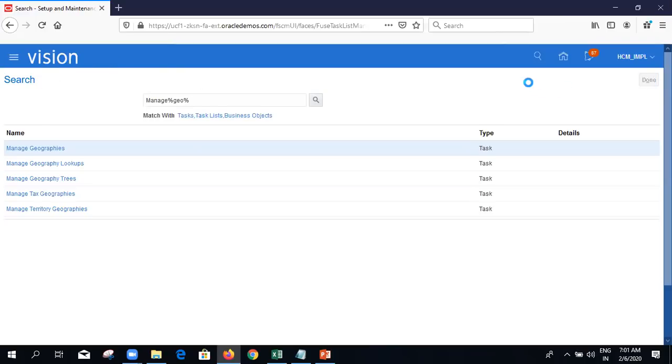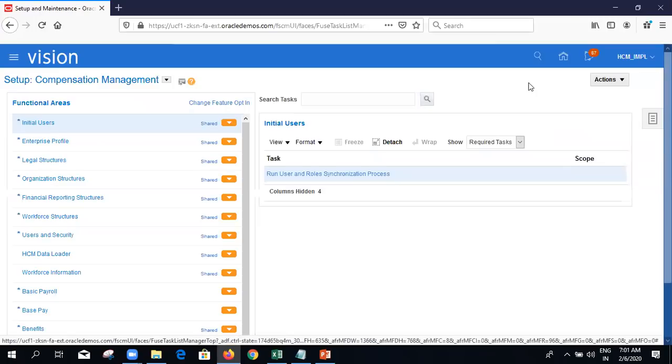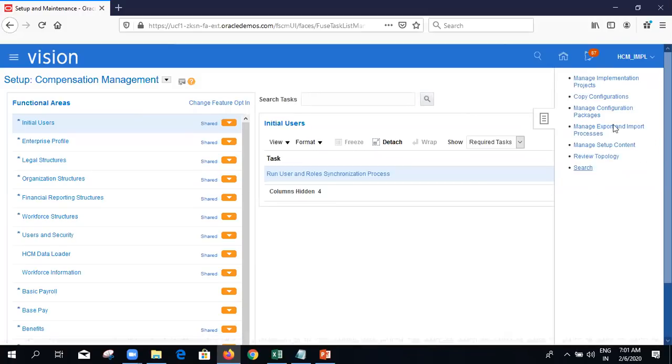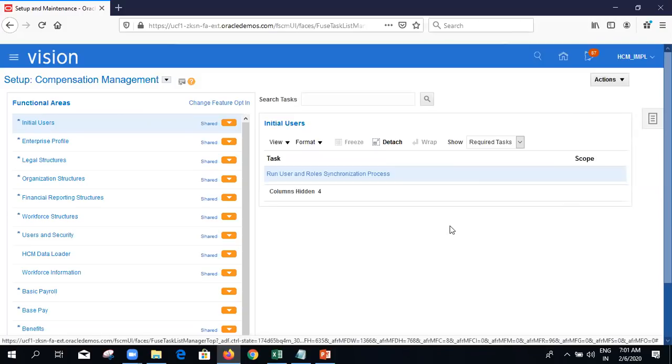So these are the three ways where we can search for our setups or tasks to start configuring. It's up to your feasibility where you want to go. Either you want to search from here or the global search, or go to the implementation project, select your project and search, right? So we have now seen how to create the project in the system, and at which places we can search for our task.